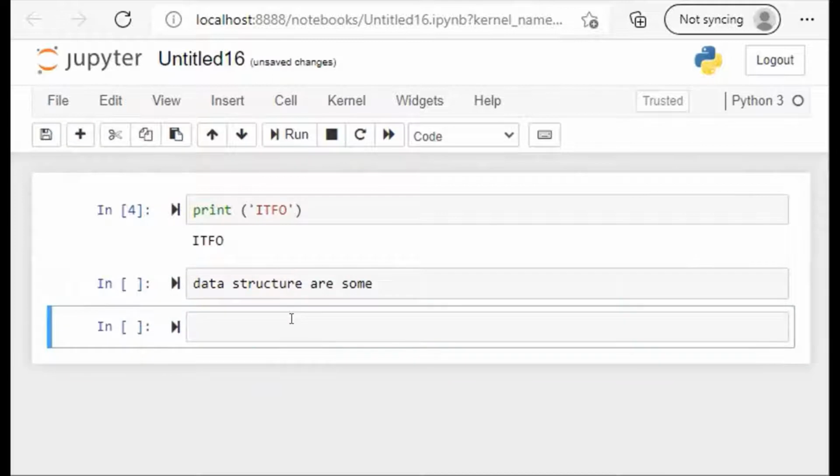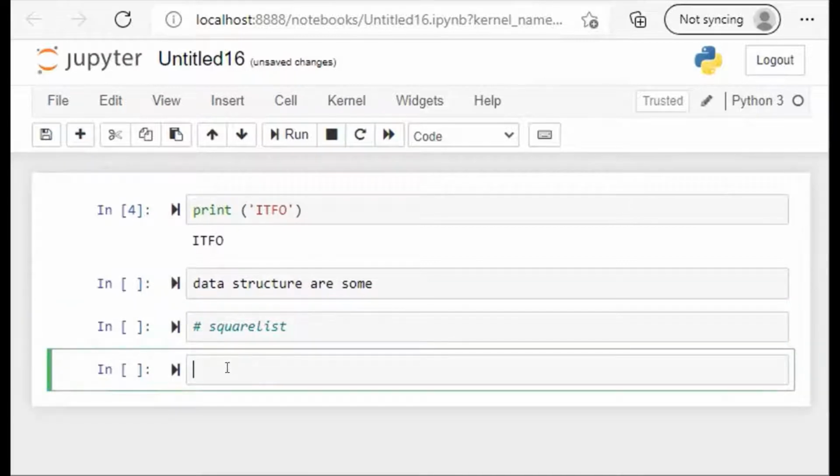First of all, we will write square list. After this, the hash symbol is used for the comment section. These are negligible. Square list is a data set.